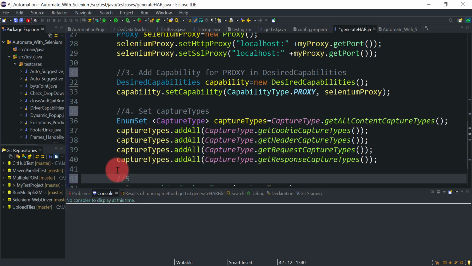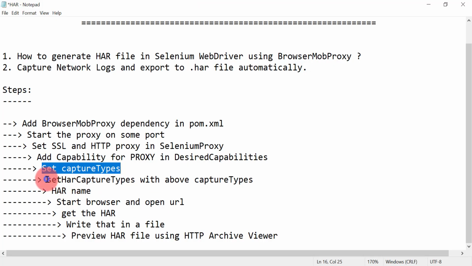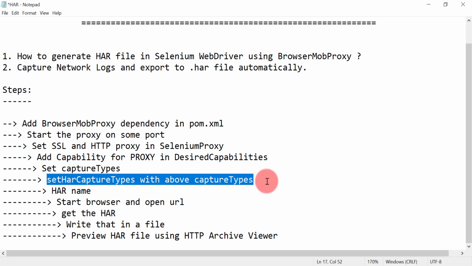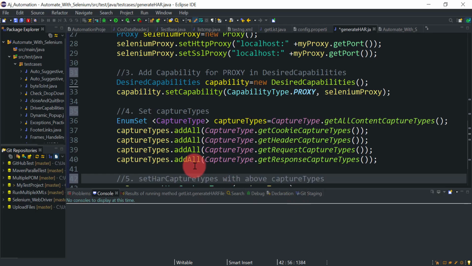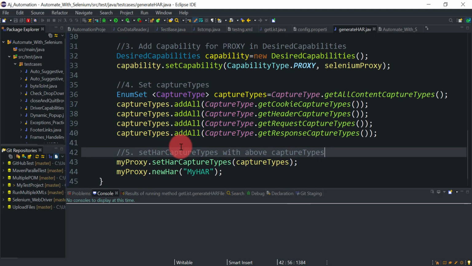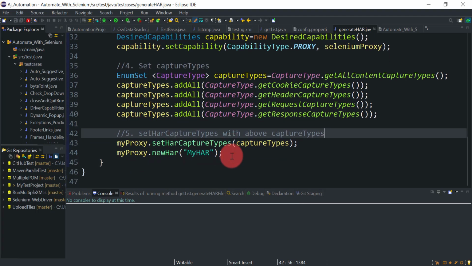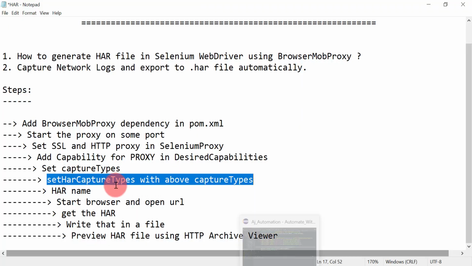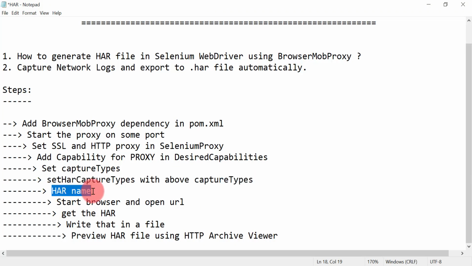And the fifth step is to set the HAR capture types with the above capture types, and give the HAR name.